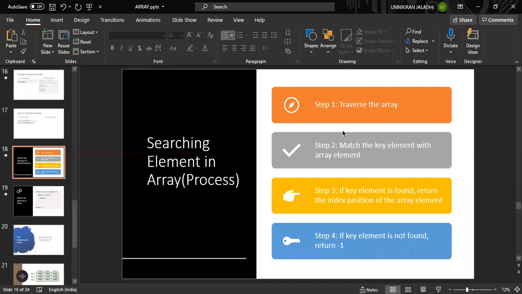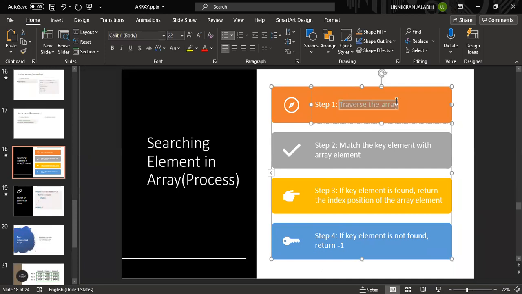Okay, how to do this searching of an element. Think of this as a flow chart, whatever it is. These are all the steps we need to follow to search an element inside an array. One is to traverse the array. Traverse means iteration. We need to take a for loop, or else we can't even search for a single element inside an array. So traverse the array. Next one is